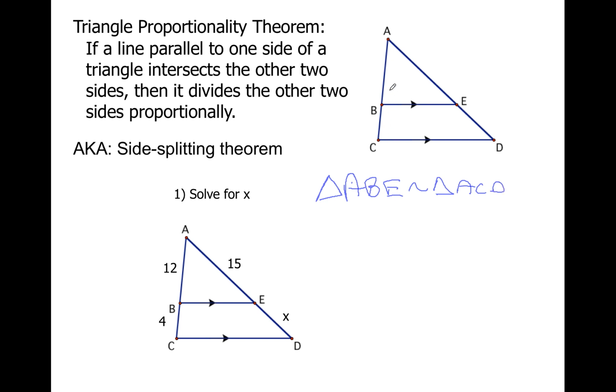How do I know that? Because these two angles are equal because they're corresponding angles between parallel lines. These two angles are also equal, again, corresponding angles. So by angle, angle, similarity,